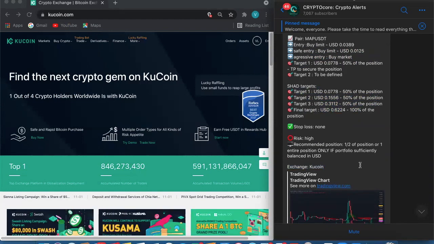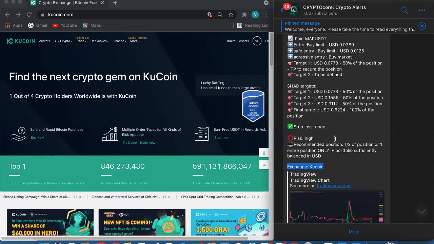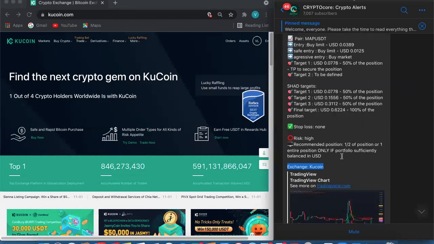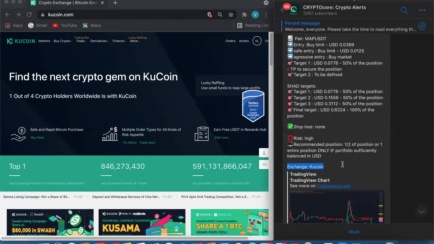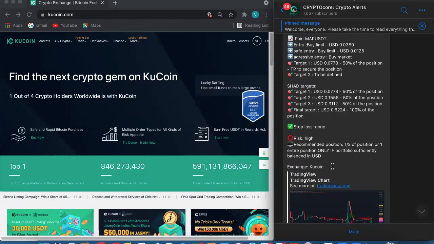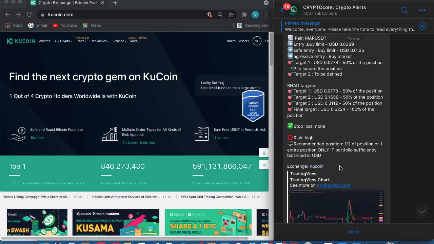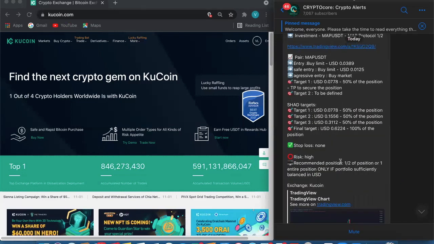With that being said, the trader will also indicate which exchange we can actually place this trade on. As you guys know, different coins are available on various platforms such as Kucoin, Binance, Coinbase, Bitfinex, Bittrex. There's hundreds and hundreds of crypto exchanges that our traders use and issue alerts with. So with that being said, guys, let's go over to Kucoin and I'm going to show you how to